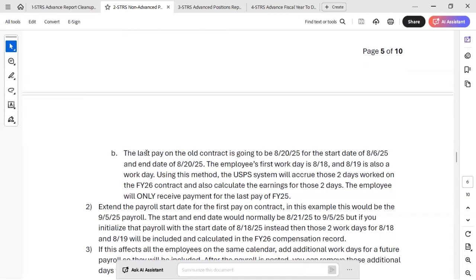So you can do it one of these two ways. The first method is just leave it alone. August 20 payroll, pay period date range, start and end date is 8/6 to 8/20. That's going to include 2 work days in the new contract. So if you use this method,